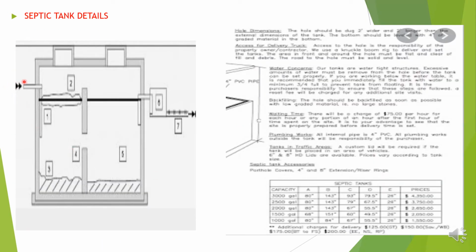Septic tank and drainage details. In this drawing, an architect will show you how the water enters, how it goes to the sludge bed, how the surplus water goes out, and how it comes to a chamber and goes to a drainage connection. In the same drawing, he will provide all the technical specifications, size of the tanks, number of users, and all these details. This is a part of an architectural drawing.